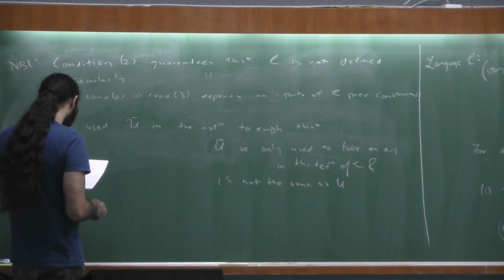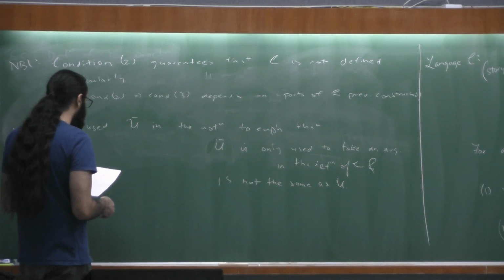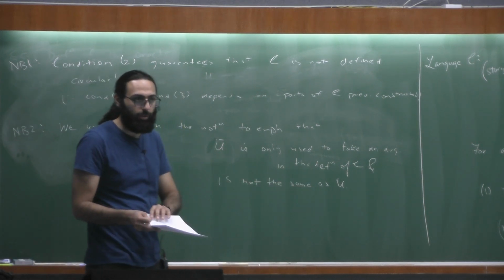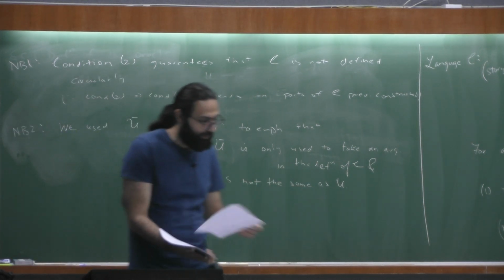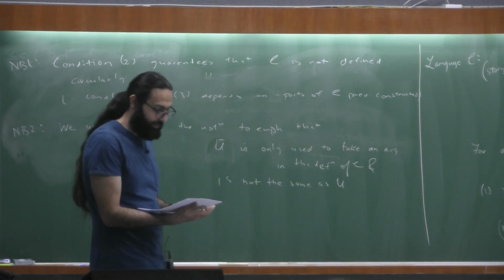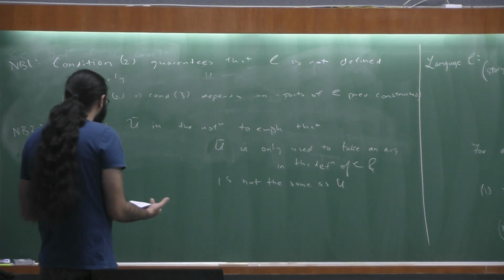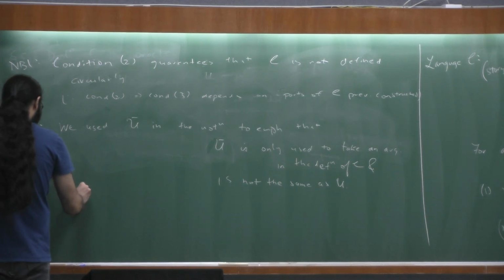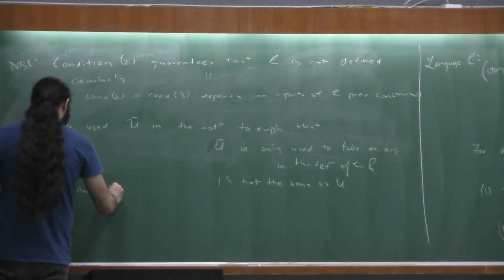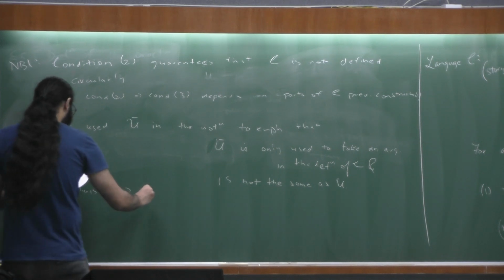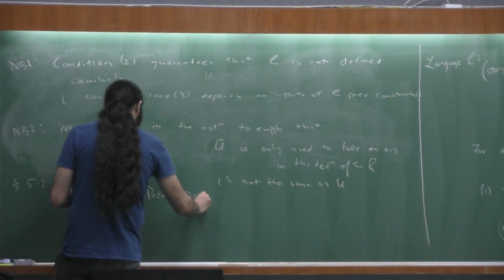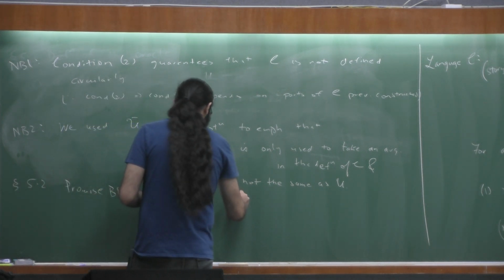Okay, so NB2 is clear, right? That the U bar being used is different from the U that we had as input for the problem. All right. So now we're going to look at section 5.2, which says promise BQP is going to be the same as promise QMA, relative to